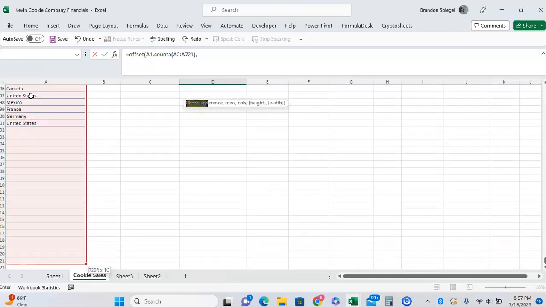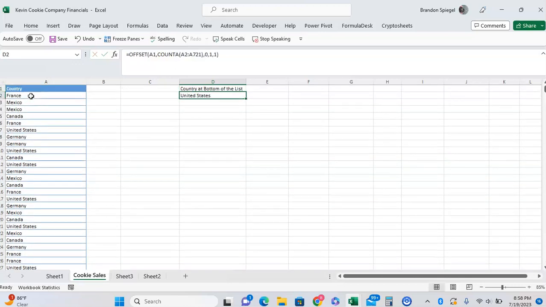Comma, columns, so how many columns left to right do you want to offset? Well, we don't want to offset any columns, so I'm just going to type in 0. And then the height and the width, so what's the height and width that we want to return? We want to make sure that it has a height of one cell and a width of one cell, and then close parentheses. As you can see, it grabs the United States, which is at the bottom of the list,